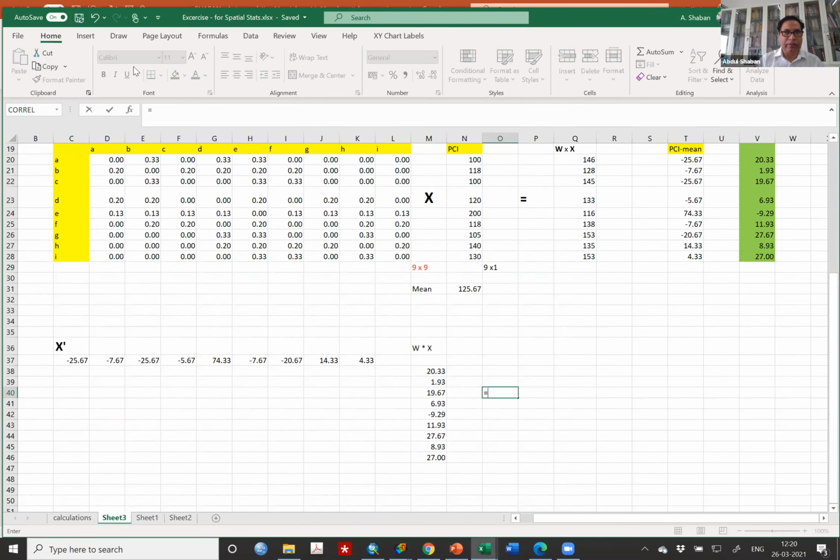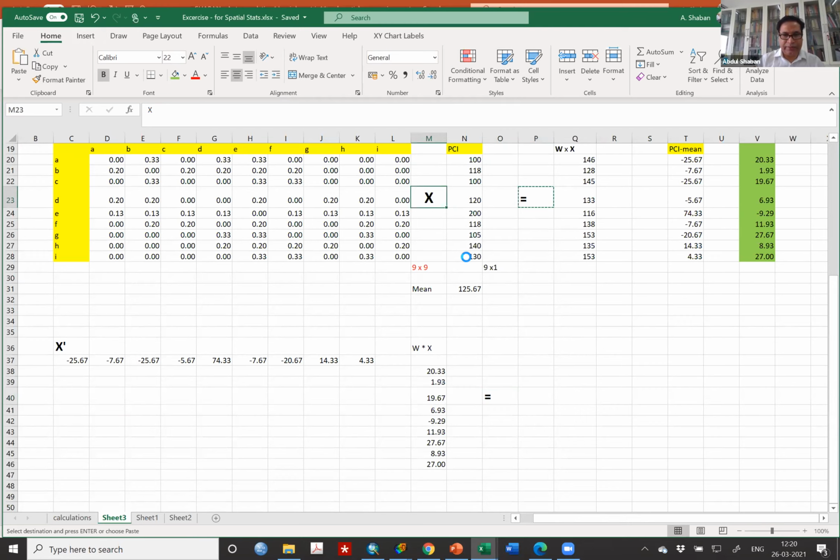You copy from here and paste it here, and put X so that you know you have done multiplication. This matrix multiplied by this matrix.